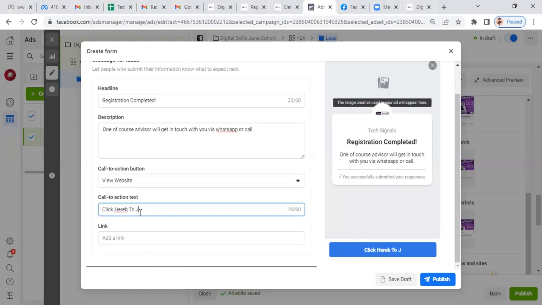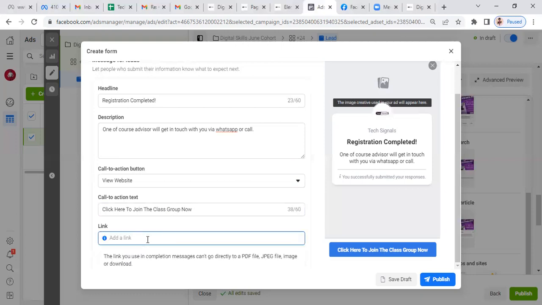To join the class group. Now, the link where I want to redirect them to, I'm just going to input the link here. I have my group link already. So let me go to my WhatsApp. Oh, sorry, please just let my WhatsApp load. I can easily get it from here. So what I'll add here also is